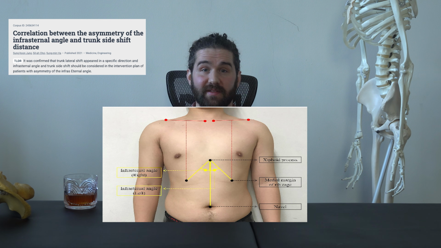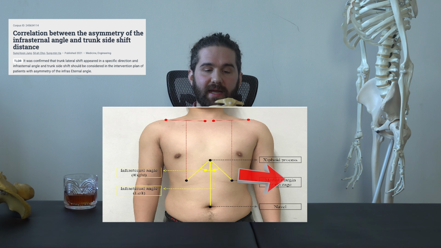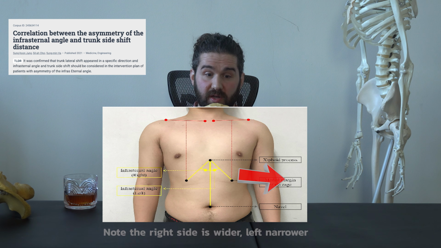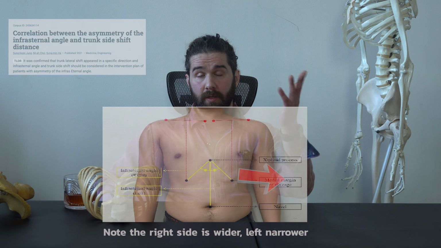You're going to see this in that left AIC, right BC pattern type description. Usually we do see a left lateral translation here. And the idea is that the infrasternal angle is also going to move out and be affected by that. Okay, so I will link that down below so that you can read that as well.